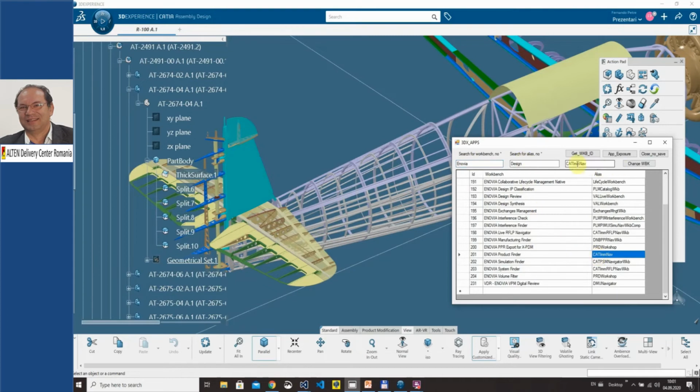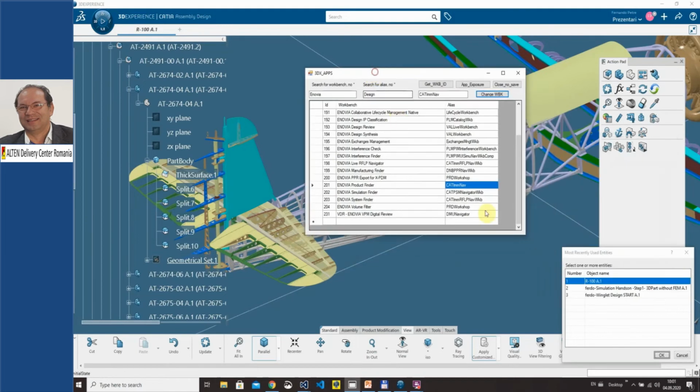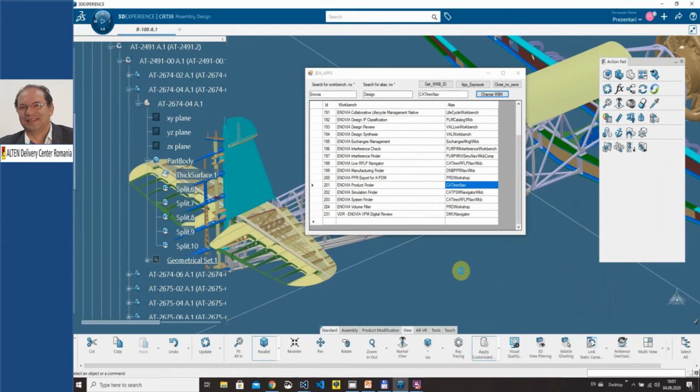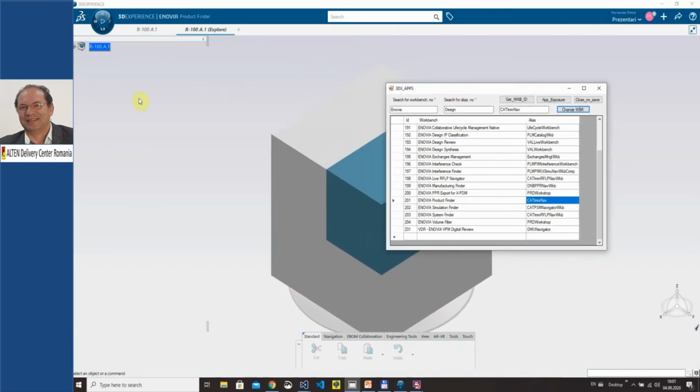We have in the third text box the alias, and in this small window we can pick what to show in the product finder. So now